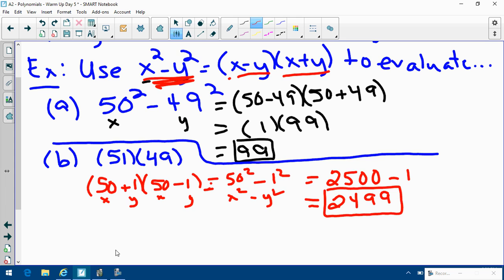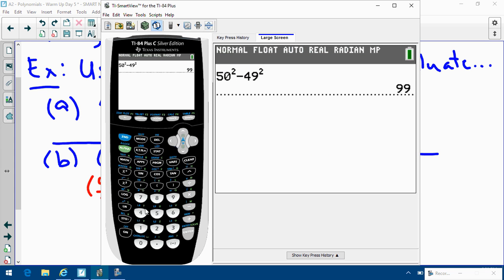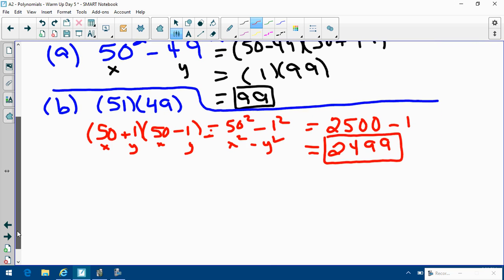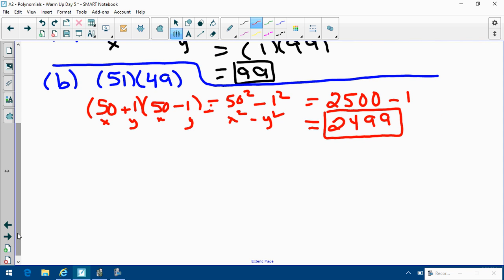And again, we could use the calculator to verify. 51 times 49. Yes, it's 2499. So we're getting the same answers, but using these identities, we can do them in our head a little bit quicker. So that's not something you might use very often, but it's just a way that identities can be used. Okay, so I'm going to put both of what we've done so far together, kind of,